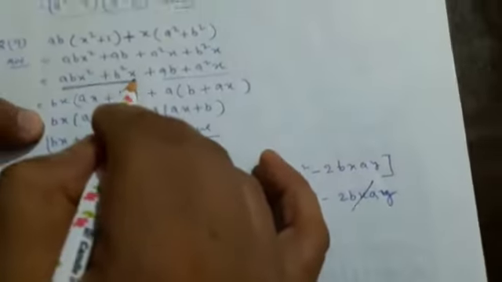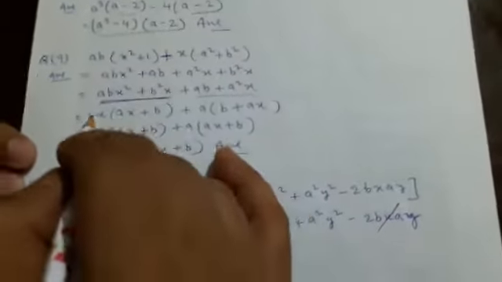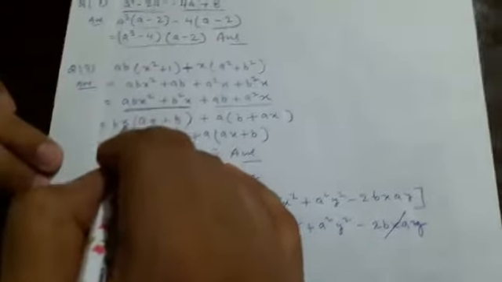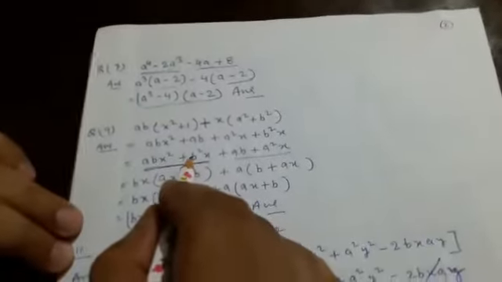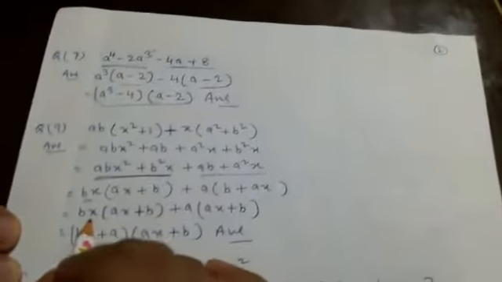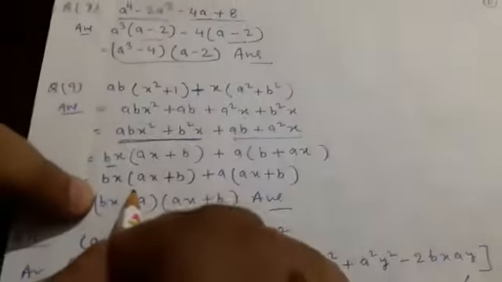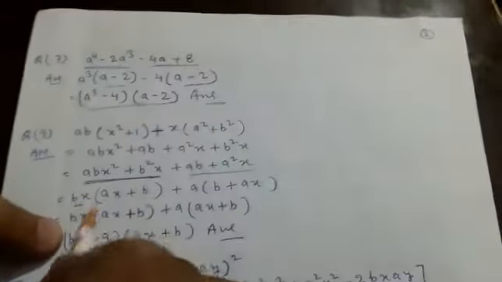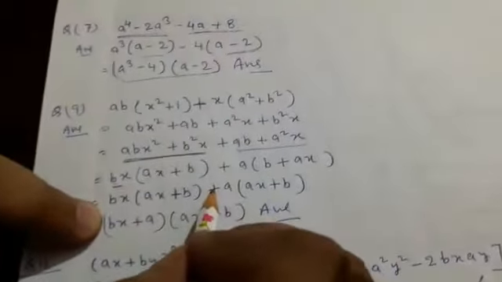Now in this group we will take bx, because b is on this side also and this side also, so we will take b as common, and x will also be common. So what will be remaining here, ax plus b, because here two b's are there, no, so one b will be inside the bracket, plus here we will take a as common because a is in both sides, so b plus ax. Now we will make a group bx plus a,